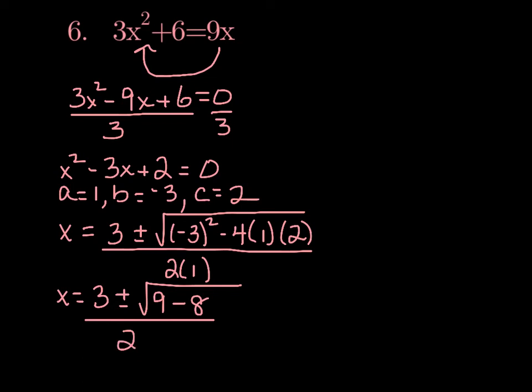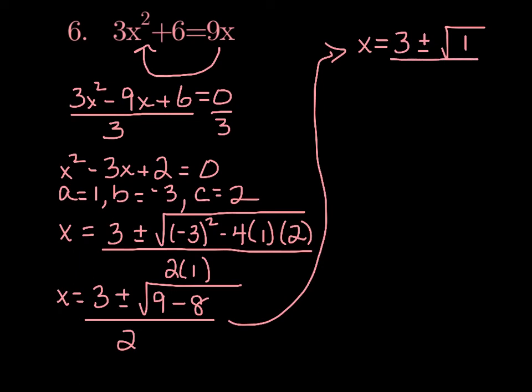All right, let me bring this up over here. So then that's going to give me x equals 3 plus or minus the square root of 9 minus 8, which is the square root of 1, and that whole thing is over 2. Now, I know that the square root of 1 is just 1, so that'll be plus or minus 1 over 2. And at this point, what I would probably like to do is just break these